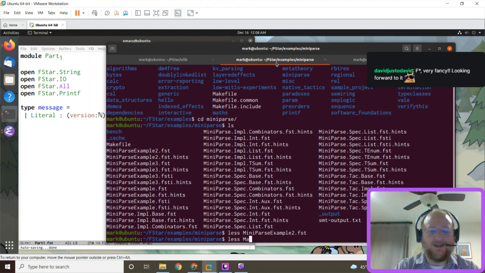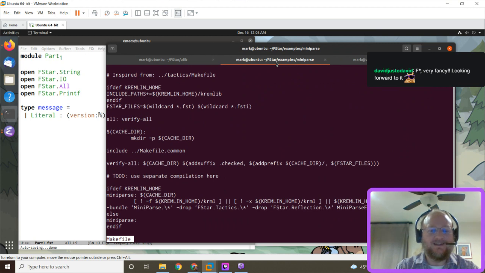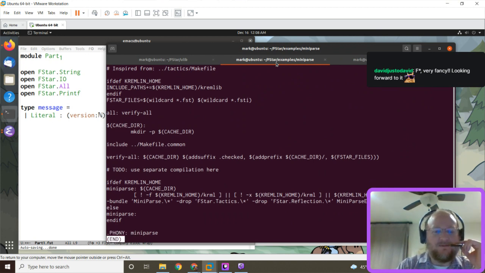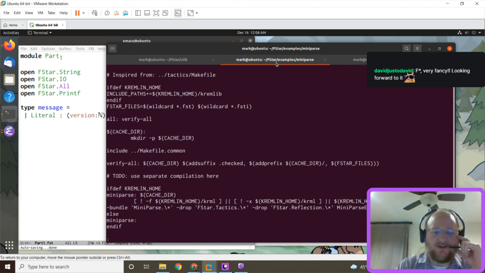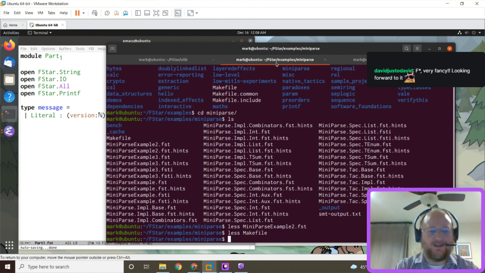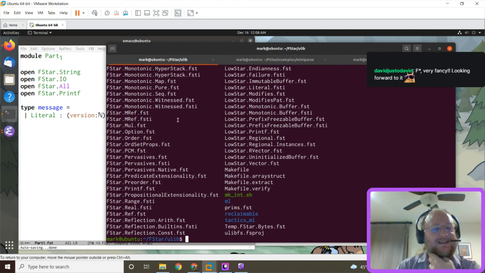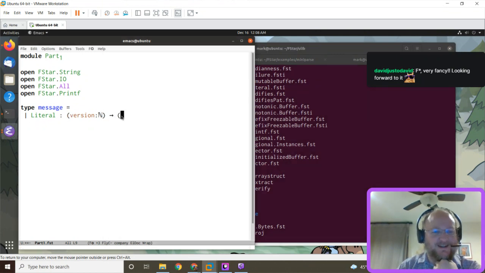So there is a makefile, but I think it extracts to C instead of to OCaml like I've been doing. And I haven't experimented with that at all. So I'm not going to try to get that working on stream,